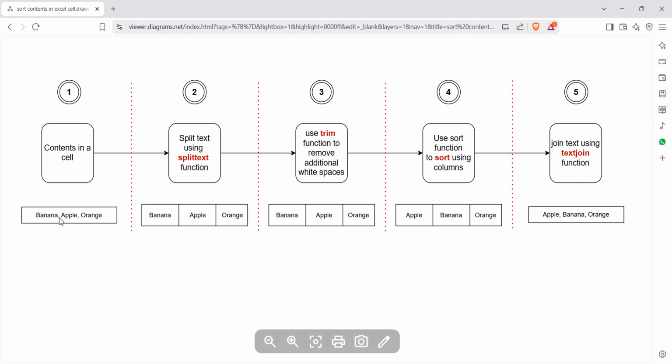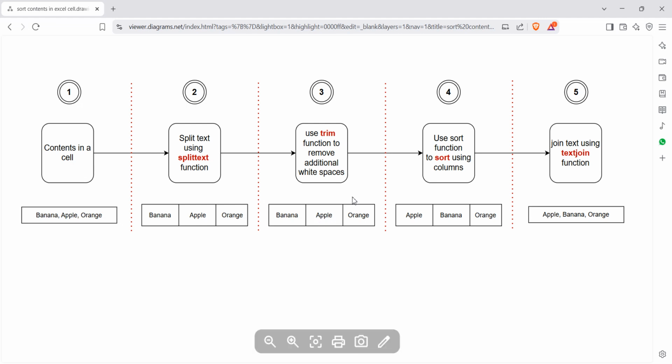If you carefully look, after this comma we have this space, right? So it's recommended to remove the spaces in order to avoid any confusion. You can see there is a space over here before O. Once you use the TRIM function, you will not have the space, so only the text will be there